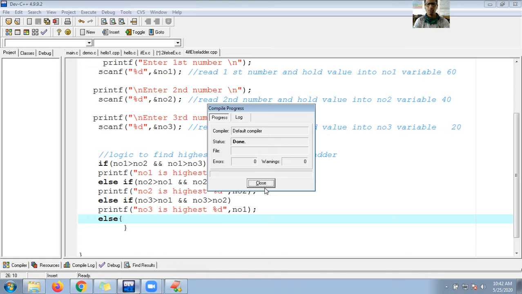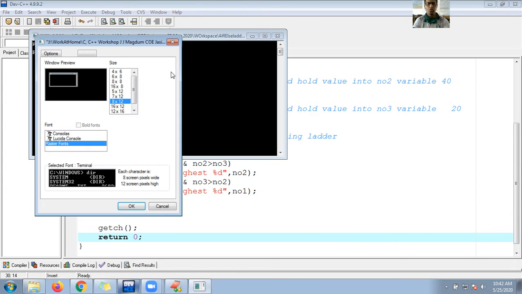So guys, let me use getch, to get the character, and let me return 0. So save the program. Saved. Control F9, compile. Control F10. So every time I need to change the size. One time I should fix it.